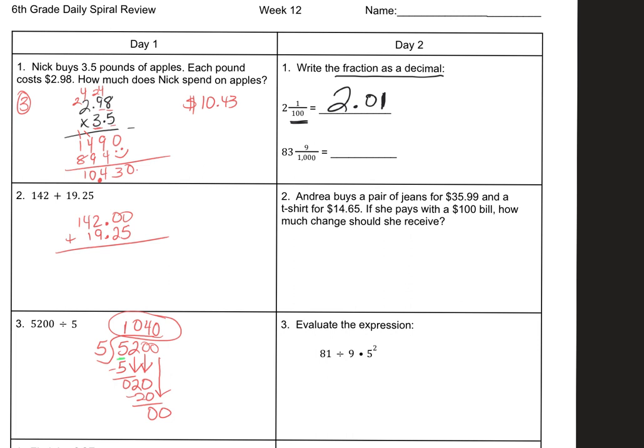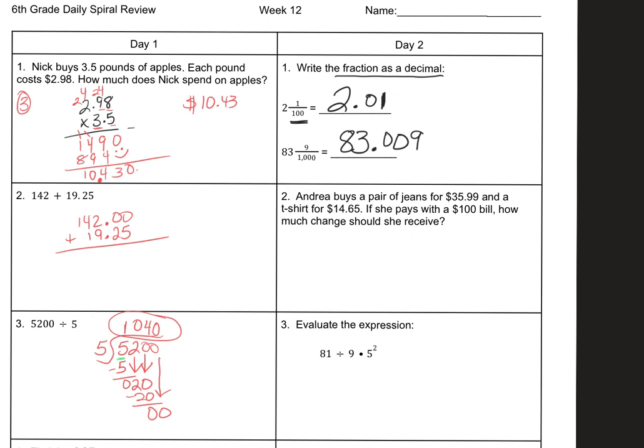Second problem, 83 and 9/1000ths. The 83 is a whole number, and we go 9/1000ths. Well, the first place is tenths, the second place is hundredths, the third place is thousandths. And yes, if you were in class on Wednesday, you've already got this problem, so just sit there or forward